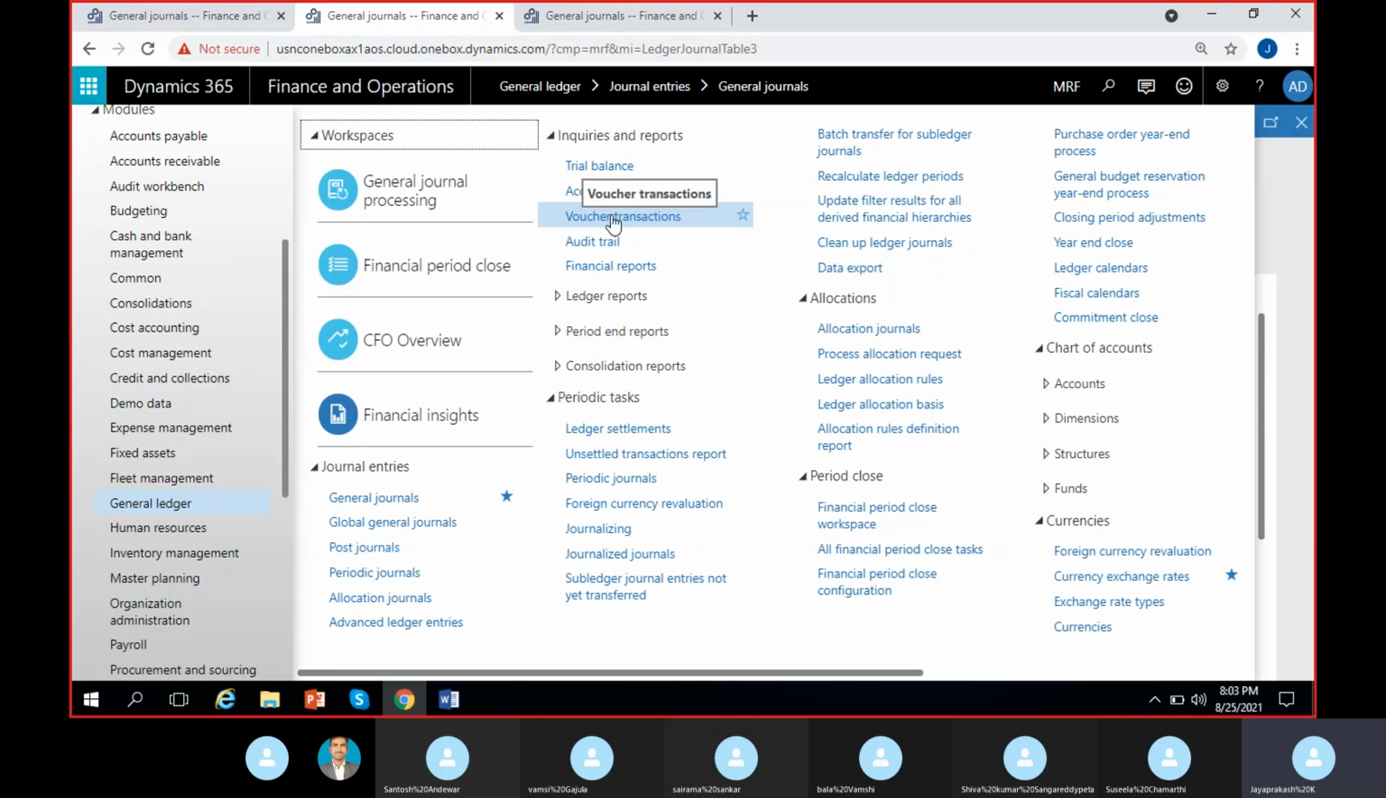Here in voucher transactions, you can literally open any transaction using voucher number or date or a particular main account. You can search with anything. I can show you here. Here you have the voucher transactions list. General ledger, inquiries and reports, voucher transactions, as you can see here. If I click here on voucher transactions,